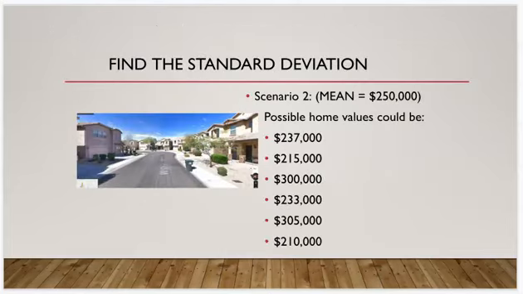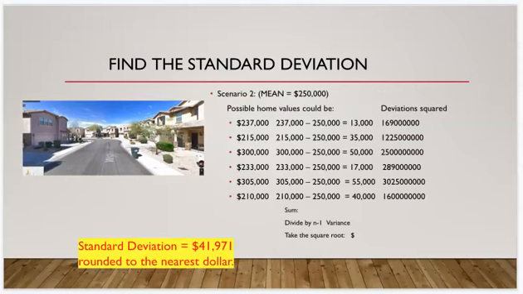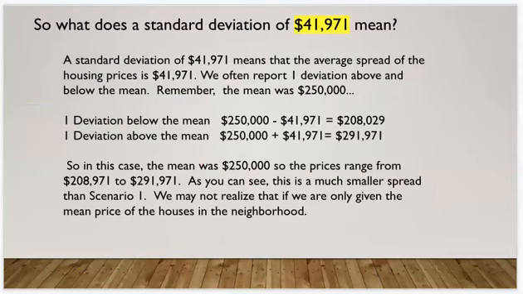So what about scenario 2? Again, the mean was $250,000. If we go through the calculations, we find our standard deviation to be $41,971 rounded to the nearest dollar. So what does that standard deviation mean? Well, it's much smaller than the other standard deviation. So it's telling you the average spread of the housing prices is